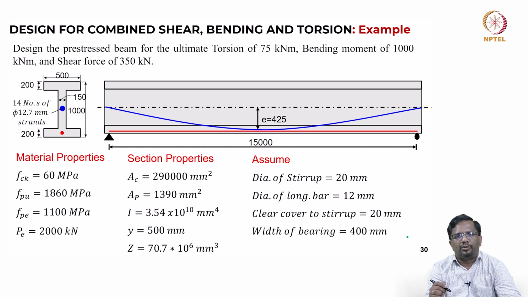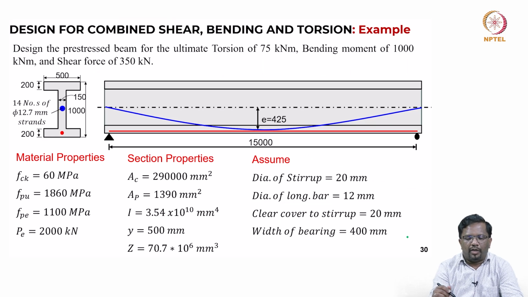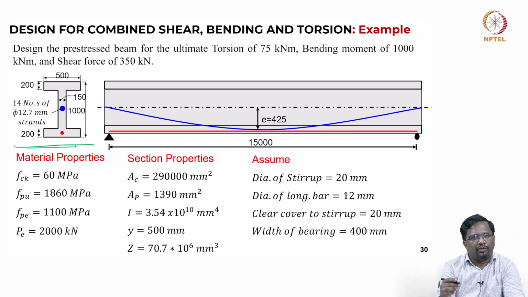Now, let us quickly go through one example problem and see how the sections can be designed for both shear, torsion and bending. This is the same cross section that we have been using for both flexure and shear examples. It is an I section with flange width of 500 mm, thickness of the flange 200 mm,